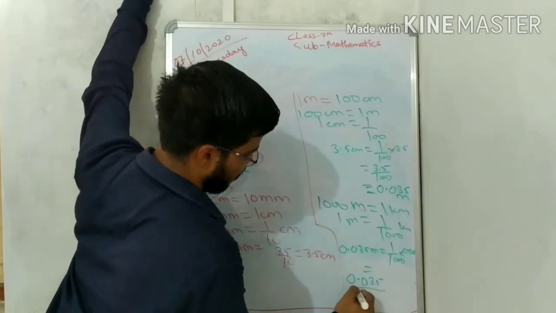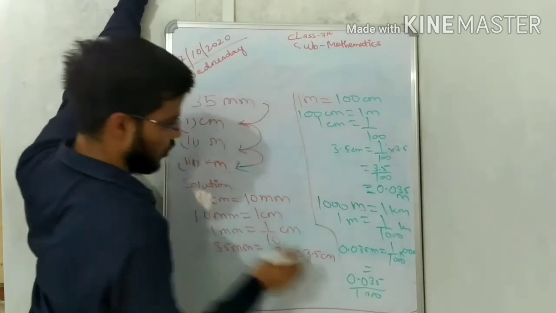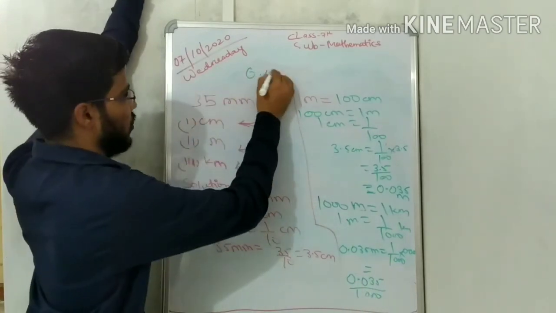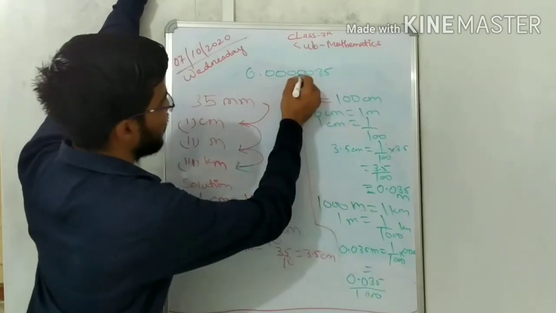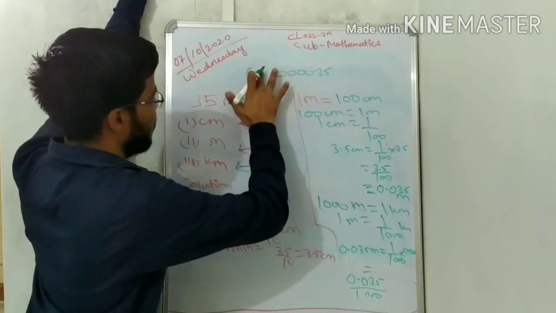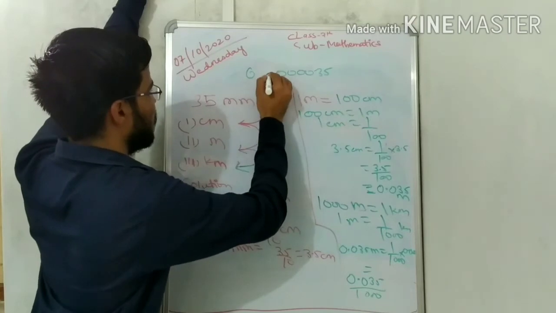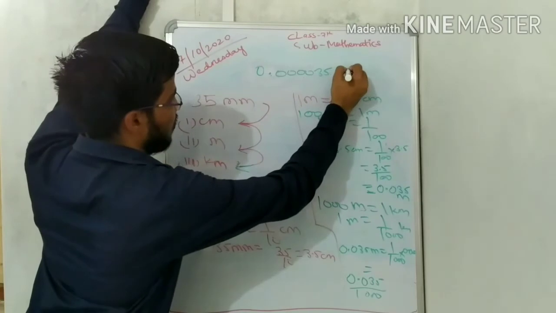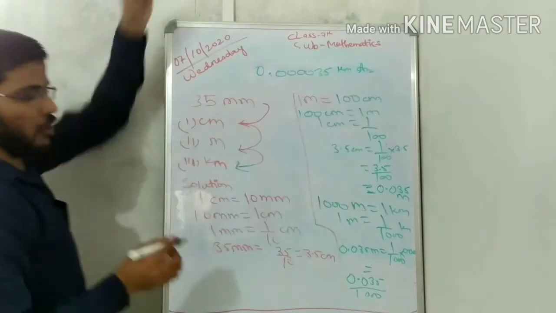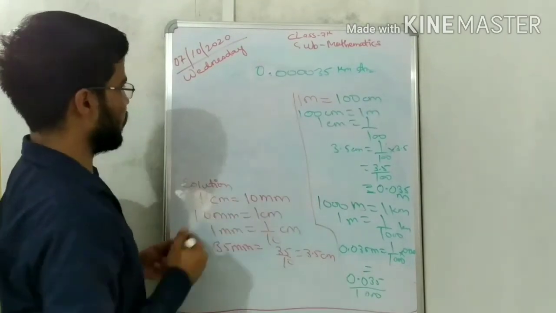0.035 by 1000. Then we will put 3 zeros like this, 0.0000035. There's already 3 decimals there. You have to put for 3 places. We will put 30 and this will become the kilometer. Got it? Any issue? So the next type of question is to find the expanded form.